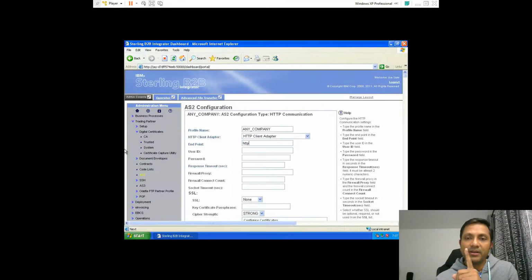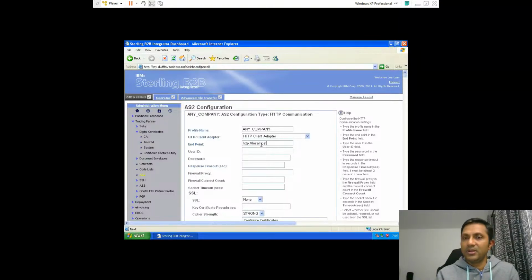The endpoint over here would be the client adapter and then the endpoint. So this is basically the communication that is happening from your end to their end. All right. So let's give a dummy one,